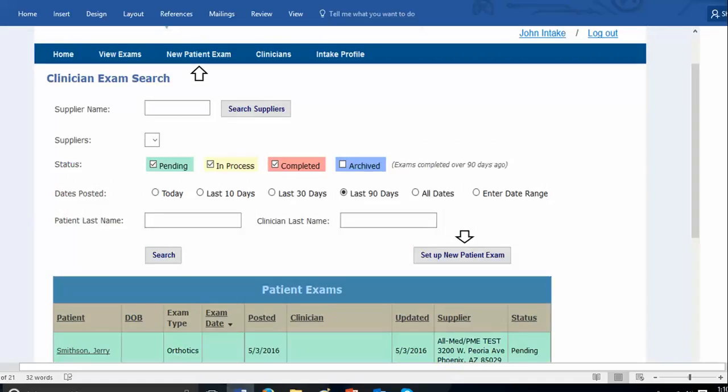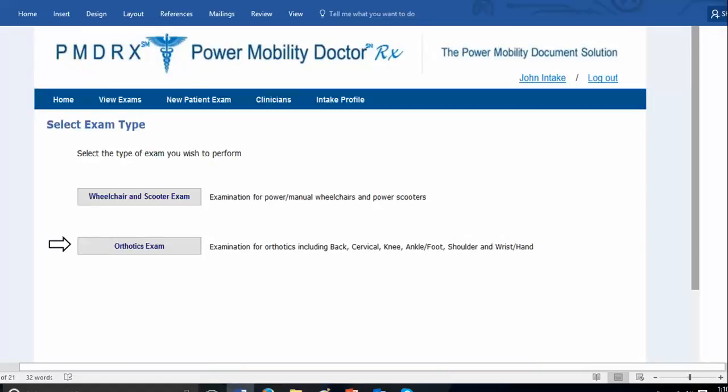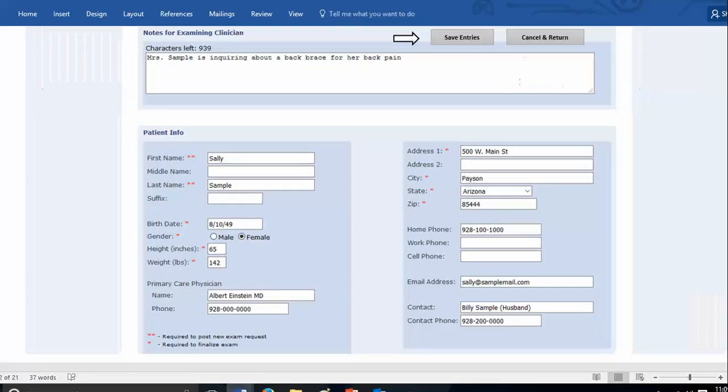To set up a new patient exam for your organization, click the New Patient Exam tab on the blue toolbar at the top of your page, or click the Set Up New Patient Exam tab just above the patient exam list. Select the type of exam to be performed on the patient. Clicking the tab for the type of exam to be performed will take you to a blank patient information page